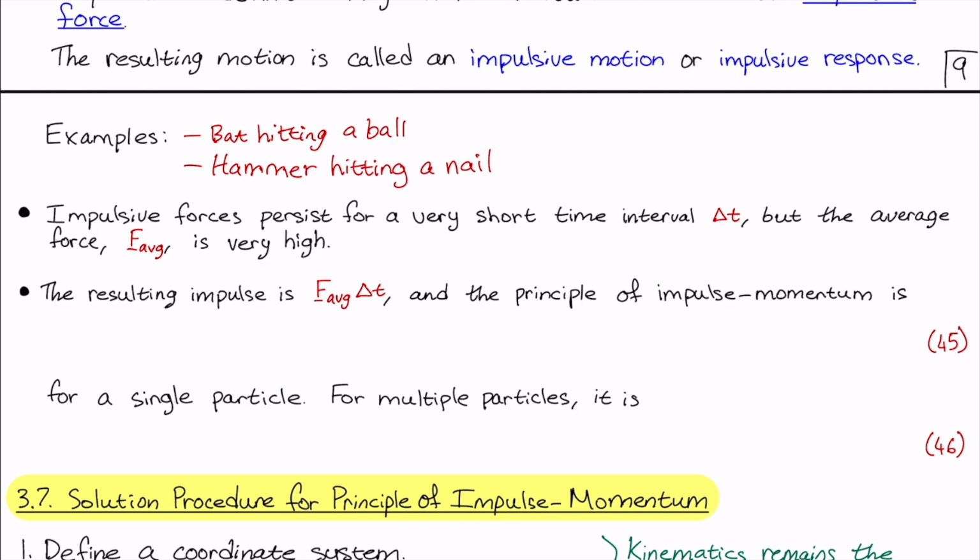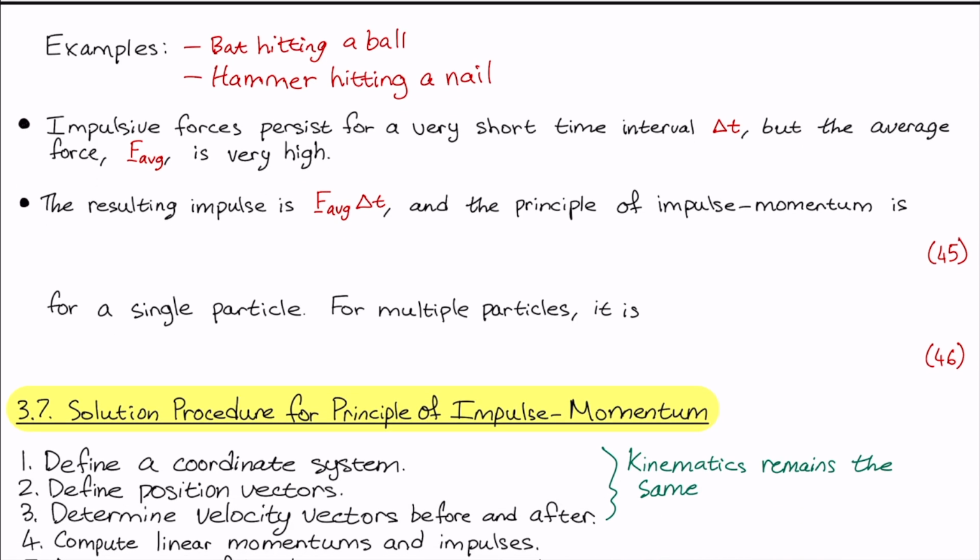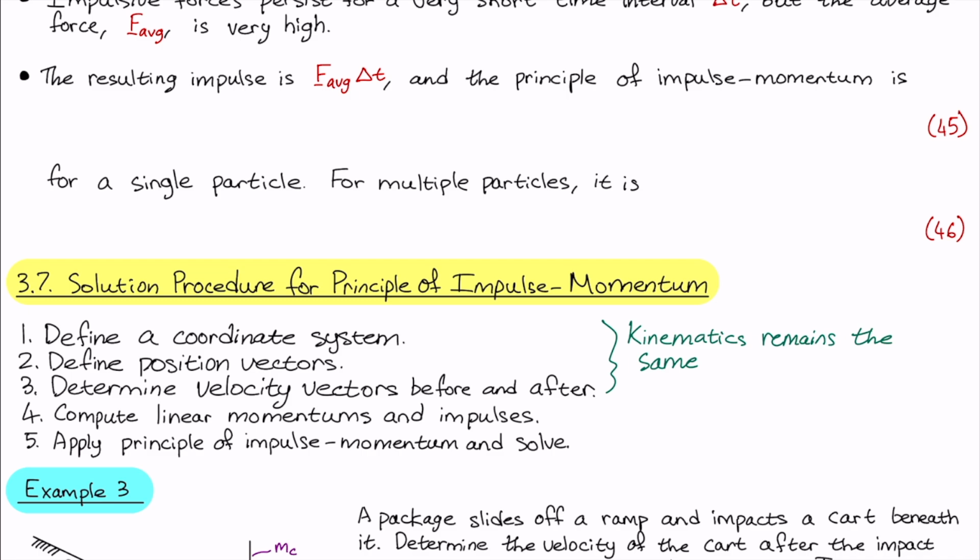So impulsive forces persist for a very short time interval, we'll say delta t here, but the average force over that interval, f sub average, is very, very high. The resulting impulse then is f average multiplied by delta t, and the principle of impulse momentum is going to be m